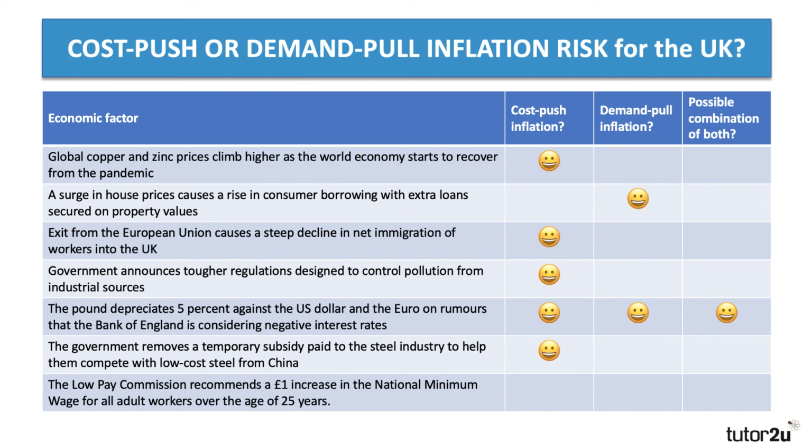Now, the last one, what do we think? The Low Pay Commission recommends a £1 increase in the national minimum wage for all adult workers over the age of 25 years. What cause of inflation might that cause? I think the answer to that question is probably both. Probably both, in the sense that a higher minimum wage could increase labour costs, which could drive service businesses,